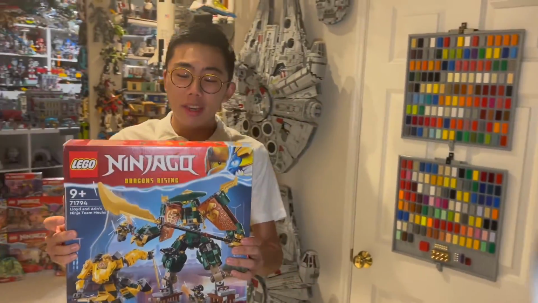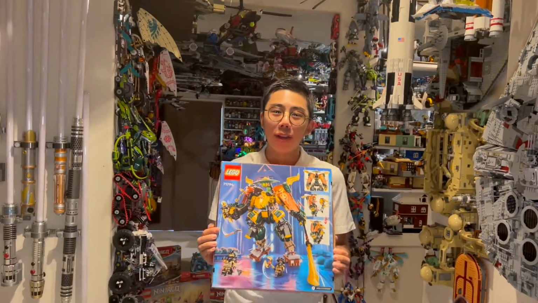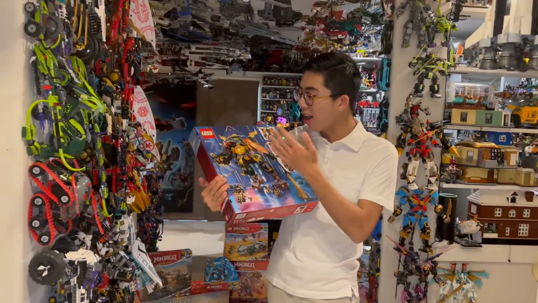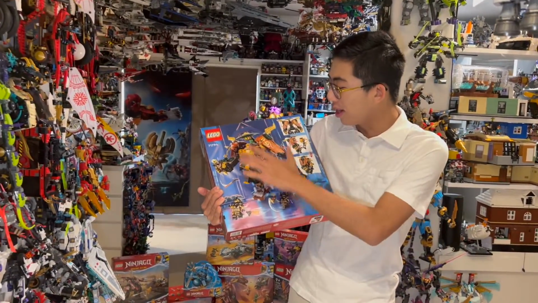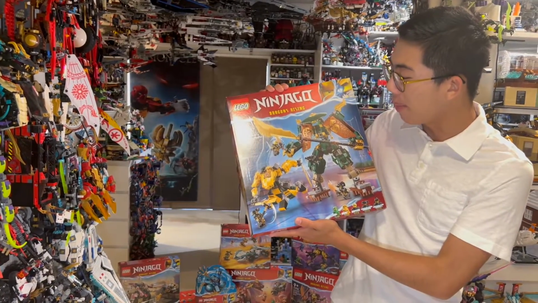It was our first look at the new show, and our first look at one of the new main characters, the new Ninja Arin. So very exciting to see this in a set. I cannot wait to showcase this because it is a combo mech featuring Lloyd and Arin combining together. It is a very cool build, so without further ado, I think it's time we just jump into the review,